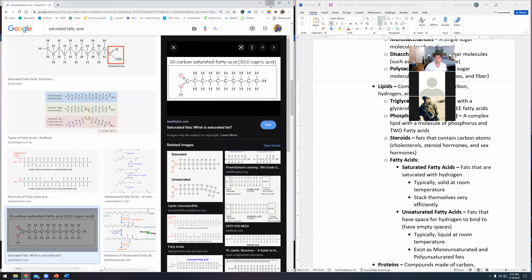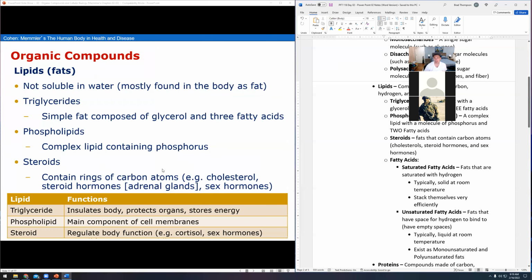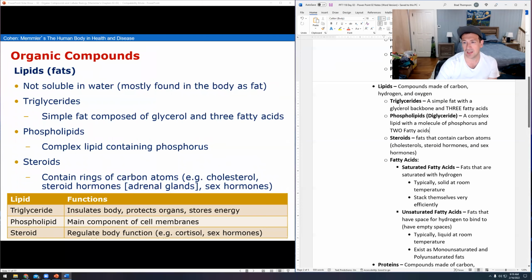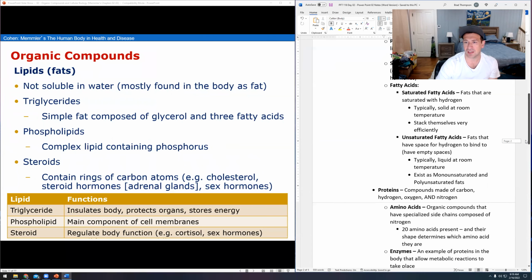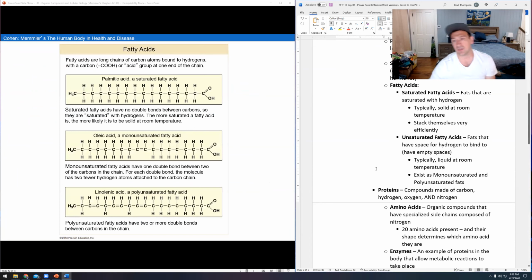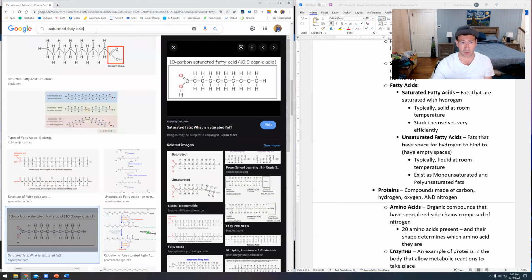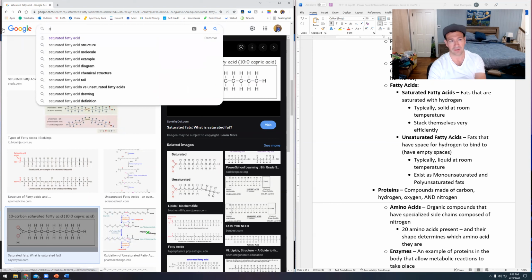Now, in the diet, we're mostly going to spend our time talking about our different fatty acids, right? So we're going to spend most of our time talking about triglycerides. Triglycerides, a lot of times they get kind of a bad rap. They're often associated with high cholesterol, and your doctor will test your cholesterol levels, and they'll test your triglyceride levels. And the reason why is because when you look at cholesterols,